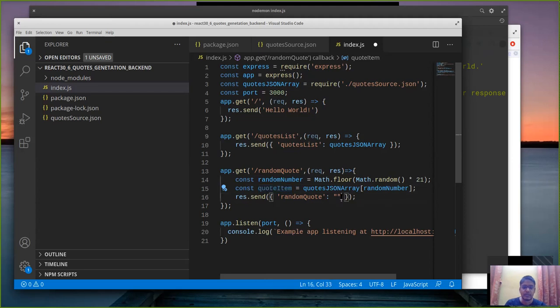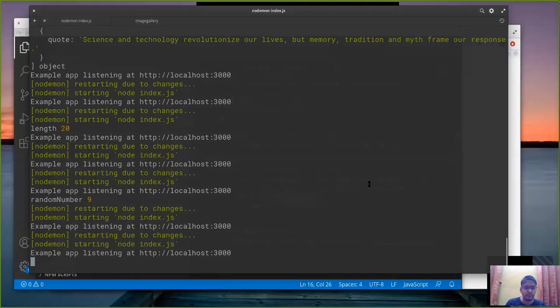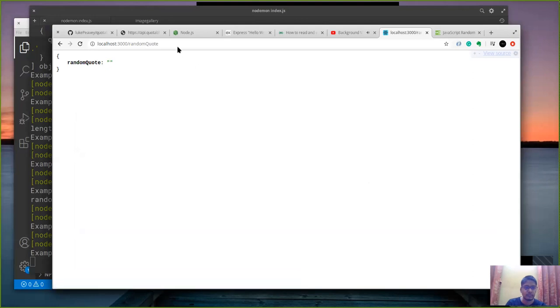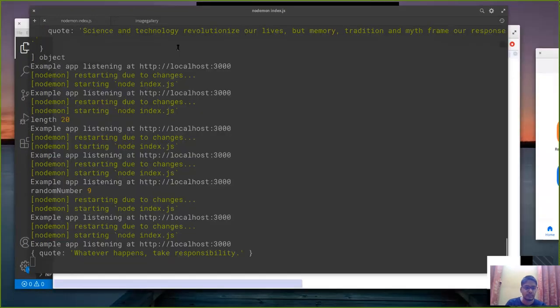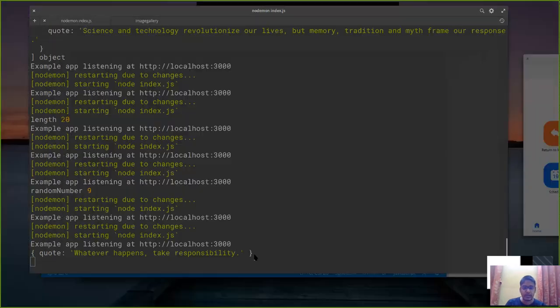So let's see if the code item is returned properly. Let's just log it first. So this is what the code item generated.